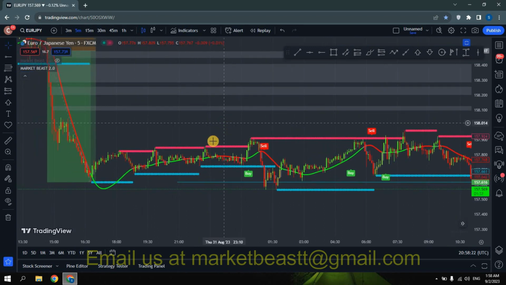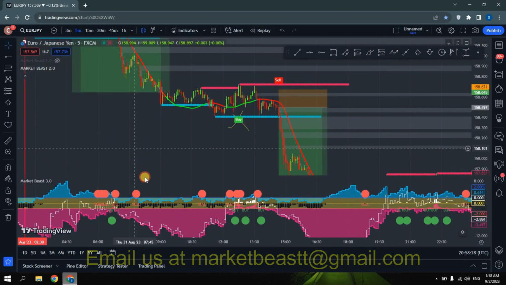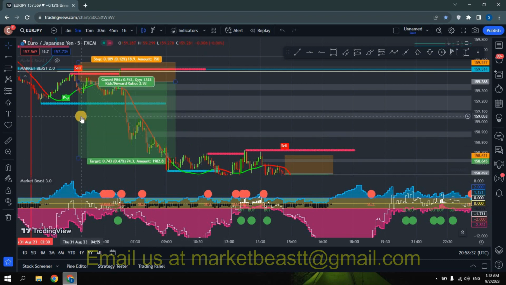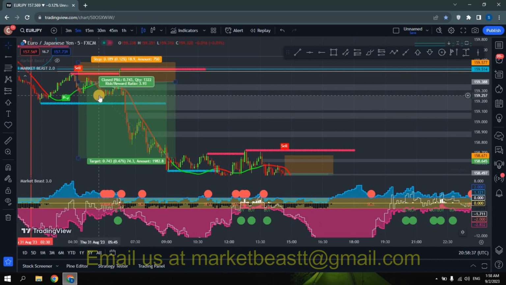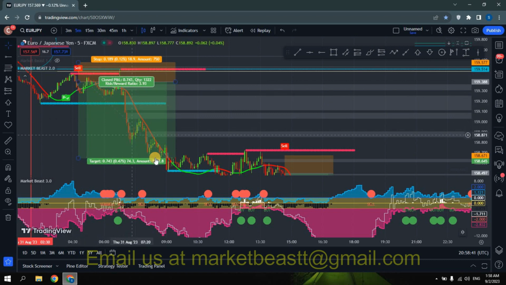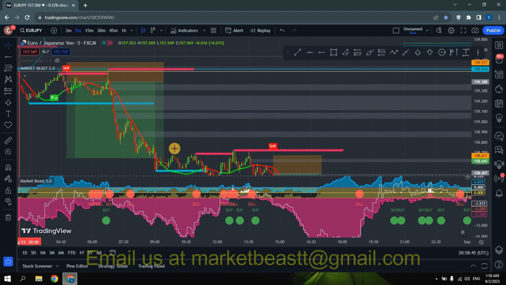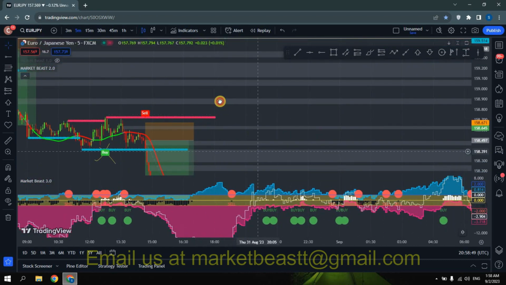So yeah, we forgot the Market Beast 3.0 indicator. It is a very strong and potential-based indicator. It was our buy, we didn't get it. Here we got an early sell on Market Beast 2.0, and then the trend continues in Market Beast 3.0 as well. We got sell signals here as well,